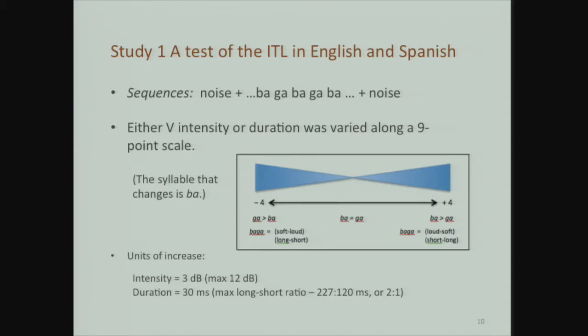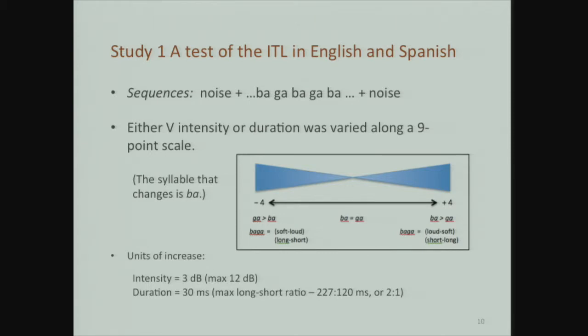This is where there's no difference either in loudness or length between the alternating syllables. And at -4, this is all relative to the syllable ba. So the idea is that here, ba is softer and shorter than the ga, with the difference growing greater this way, and here we have them being the same length, and then at this end of the scale,